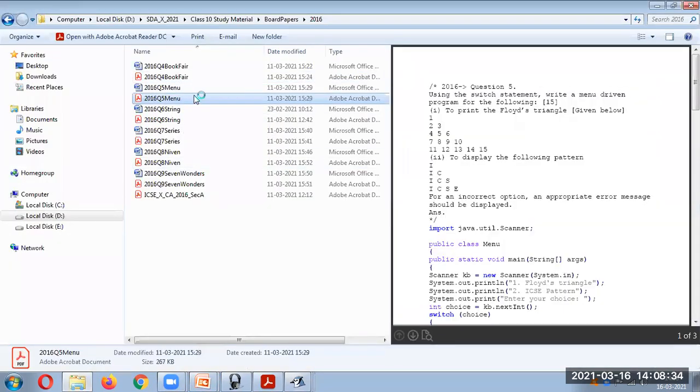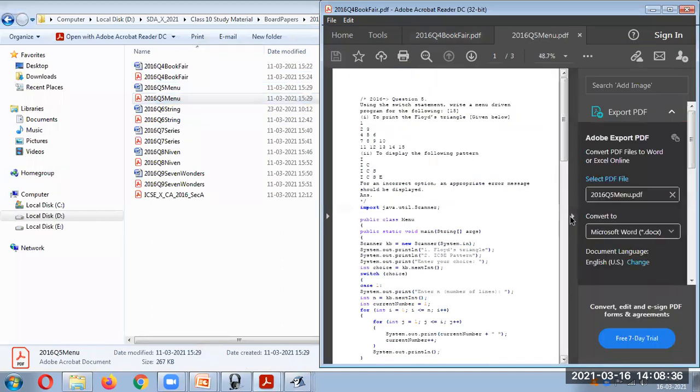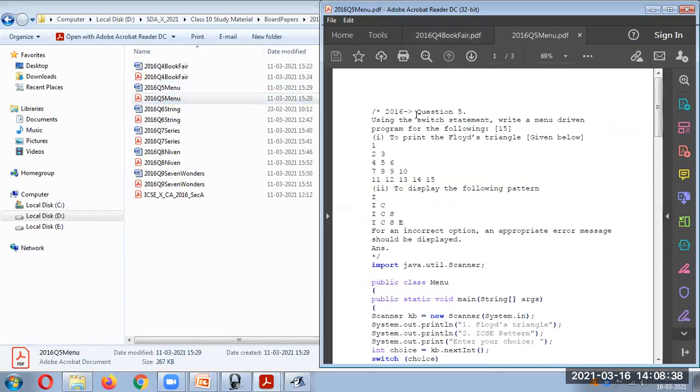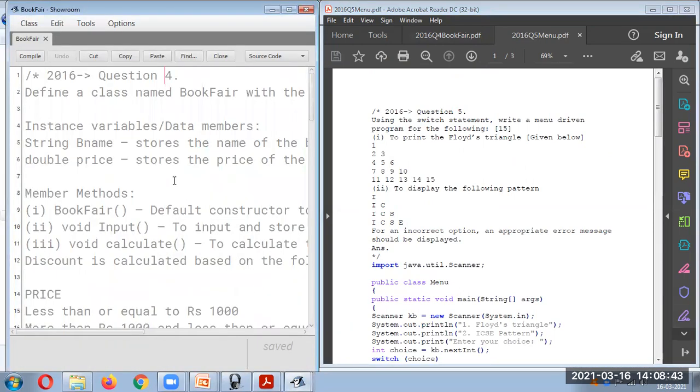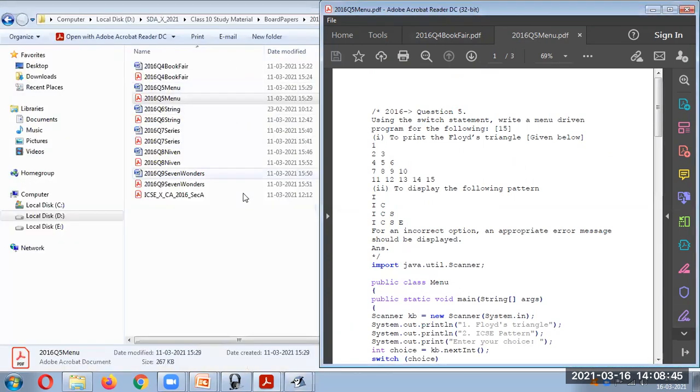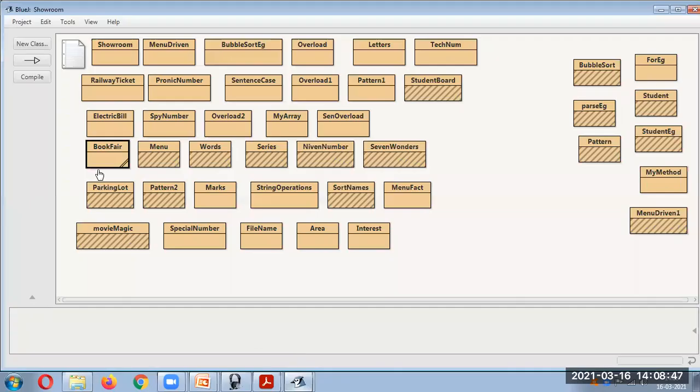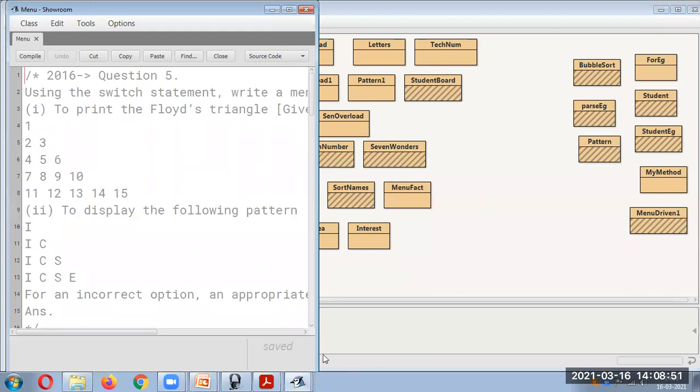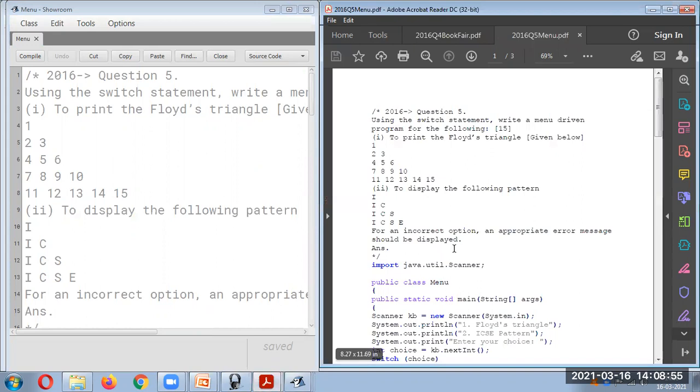Next program is question number 5 of 2016. Let's take that. So as you can see, using the switch statement, write a menu-driven program.